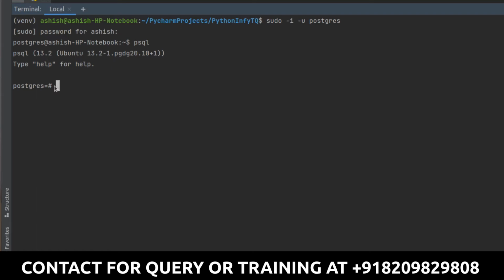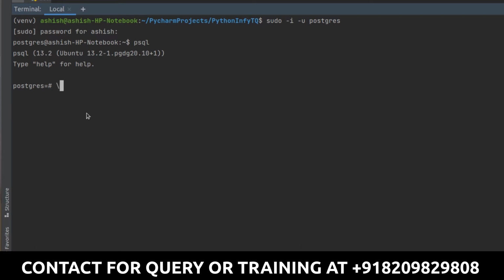Now what I want to do next is learn and understand what the different queries are which I can use to perform the CRUD operations. Firstly, let's see what different databases are available in my Postgres, because in Postgres we have multiple databases in which we have multiple relations, where your complete data is stored. So for that, the first thing is how should I get the list of all the databases available inside Postgres.